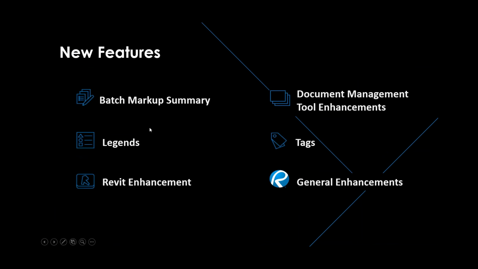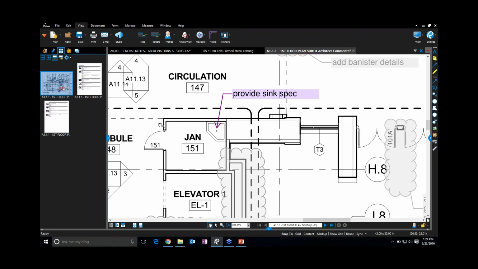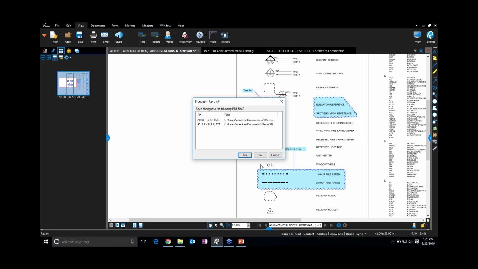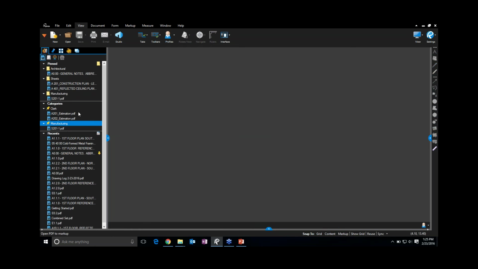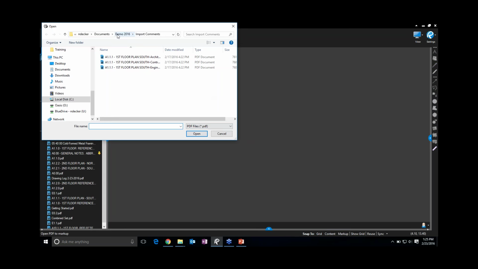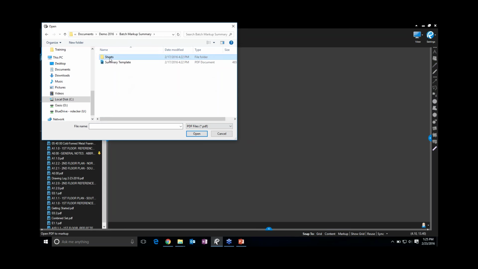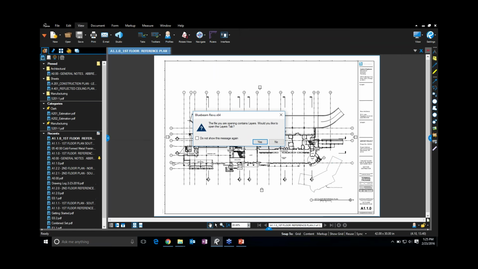As I alluded to, and I read through this list, we're going to actually start with batch markup summary, which is very similar to that last workflow that I went through. Now I'm going to clean this up by closing all these documents I don't need to save. What I do need to do, actually, is pop open my new files. So in this particular case, I'm just going to open one file,